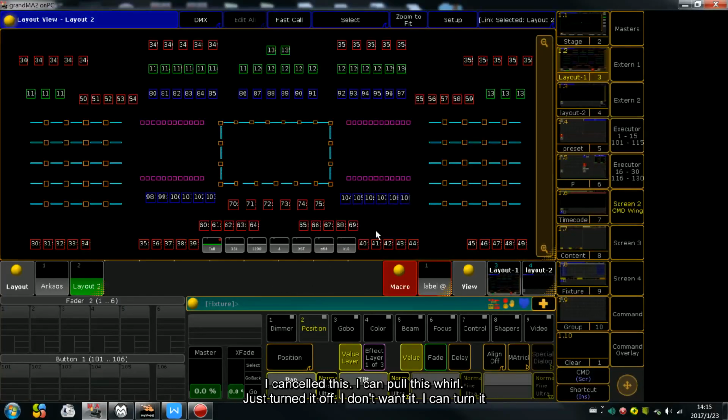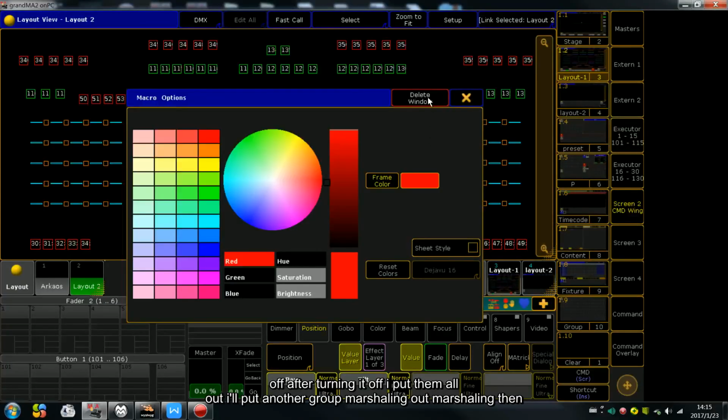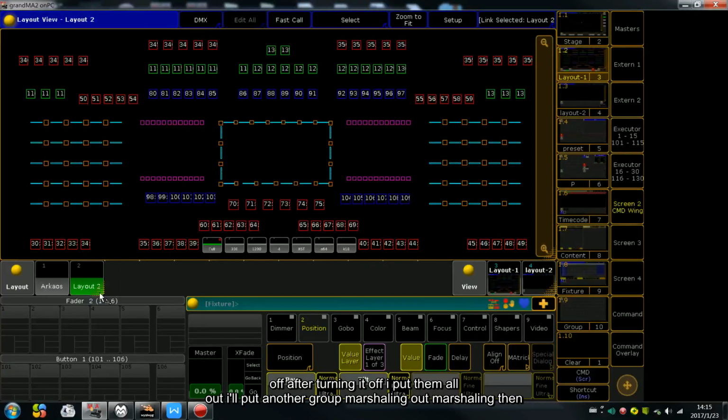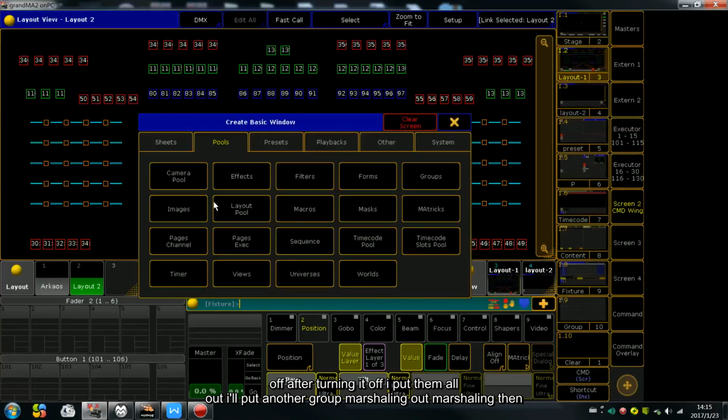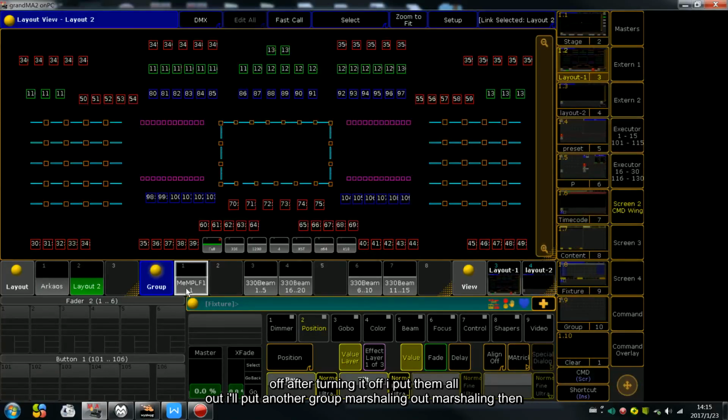Just turned it off. I don't want it. I can turn it off. After turning it off, I put them all out. I'll put another group. Marshalling out. Marshalling. Then